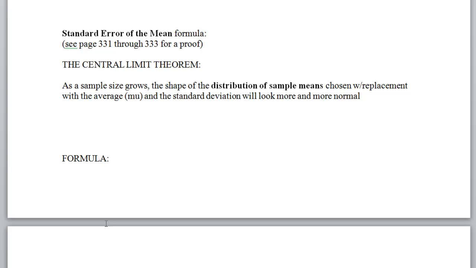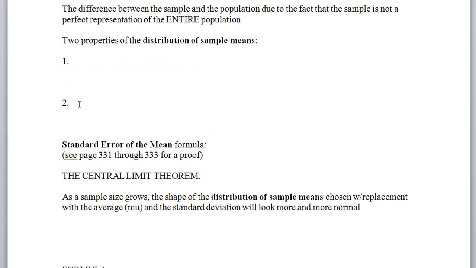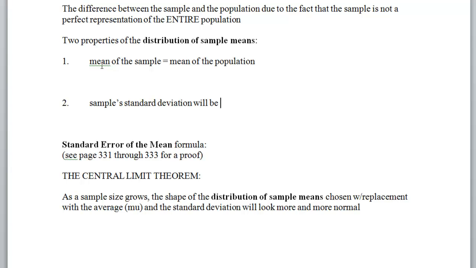So we're going to now take a look. Sorry, I went down too far there. We're going to look at two properties of our small sample. Our small sample has to have the same mean as the entire distribution. And also, the sample's standard deviation will be smaller than the population. So to show that to you here,